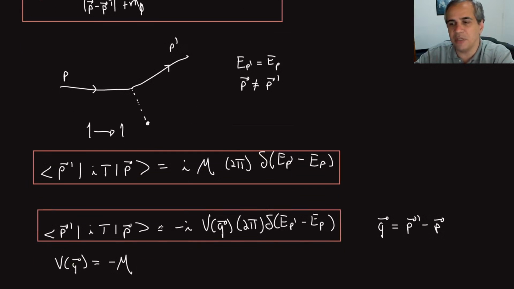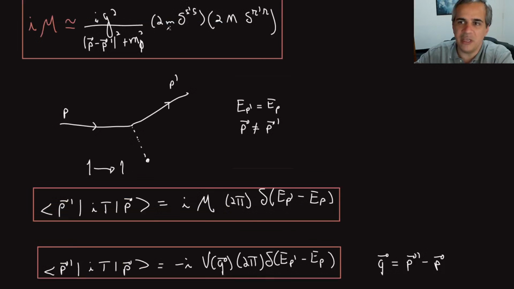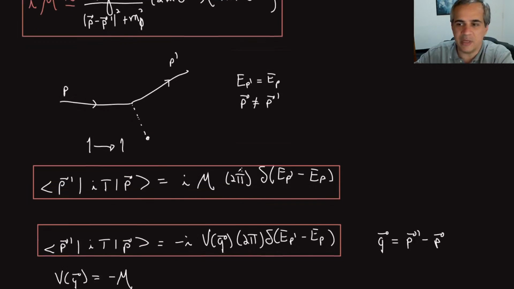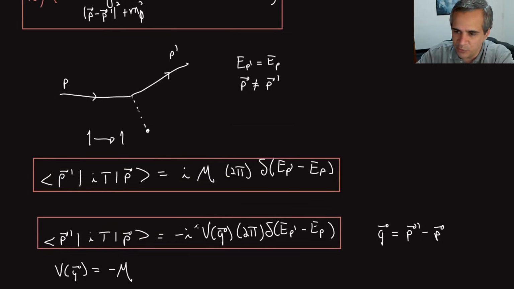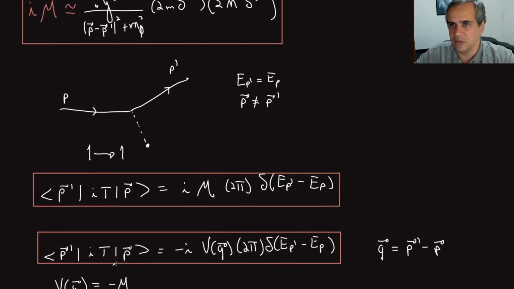This does not appear here because in quantum mechanics we usually use a different normalization. So I have to either ignore this 2m here or put a 2m right here, using a different normalization in quantum mechanics. In any way, I get to the same relation, which is important to see,